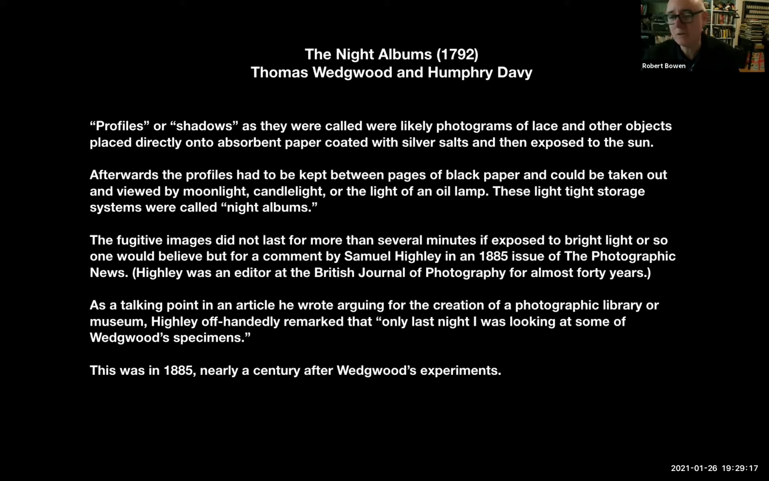Right, and you definitely couldn't expose it to the sun or it would disappear really quickly. But if you only looked at it for some seconds under a lamplight, or moonlight, you could maybe hold on to these for quite a while. And so I discovered this